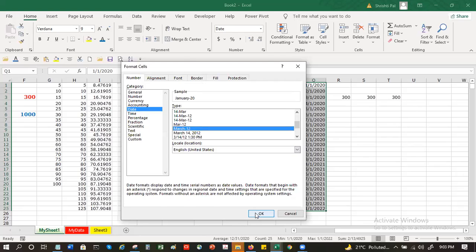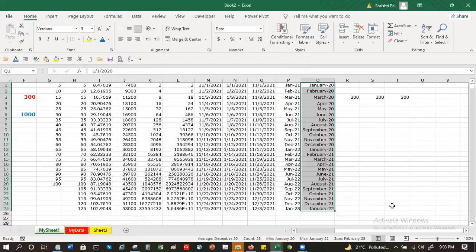Suppose I want the full month. My date remains as it is. See this? When I click inside the cell, my date remains as it is, but only the display is changing. Okay. Yes, sir.